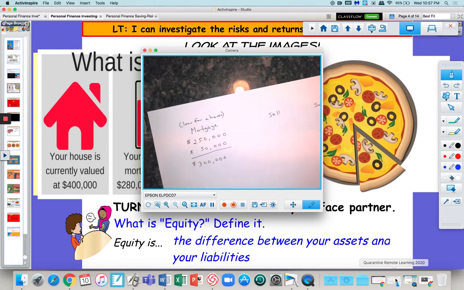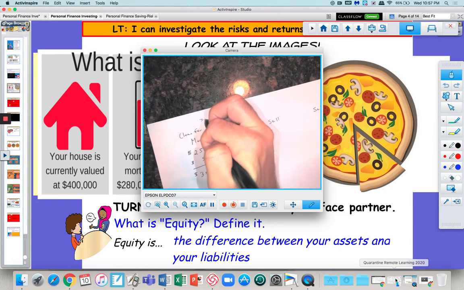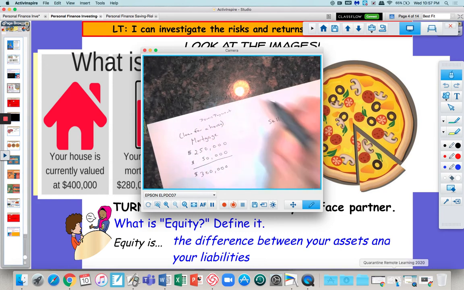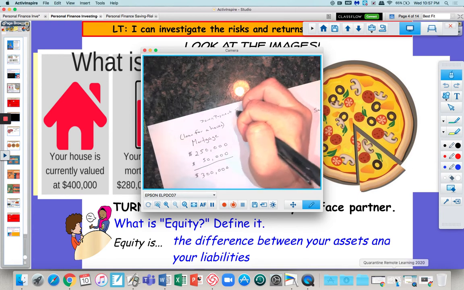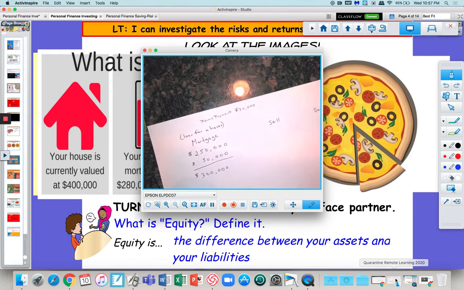So a mortgage is, when people buy homes, very rarely do people have enough money to pay for the entire home themselves, right? So what people often do is they'll put what's called a down payment. So maybe a couple gets married and they are able to put $30,000 down as a down payment. It means if this home is for $250,000, they got to get a loan from a bank to cover the rest of the money, right? So they would have to get a loan for $220,000. That's what a mortgage is. A mortgage is basically the loan you take out from the bank to purchase the rest of your home.